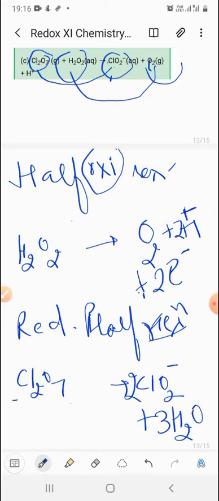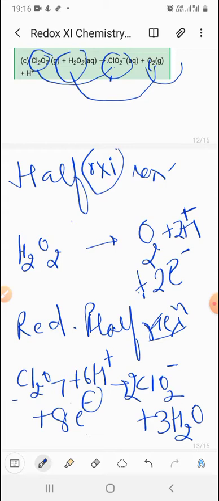Oxygens are equal now. Now you have to equalize the number of hydrogen ions. You have to add 6H positive here. Fine. And to balance the charge you will have to look, see this is 6H positive, there are 2 negative. To make it equal you can just add 8 electrons to the left hand side. Now you can see your charges are equal, 2 negative and the 2 negative. So both reactions are balanced now, the reduction half as well as the oxidation half.